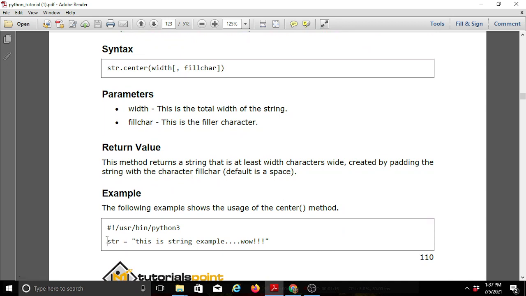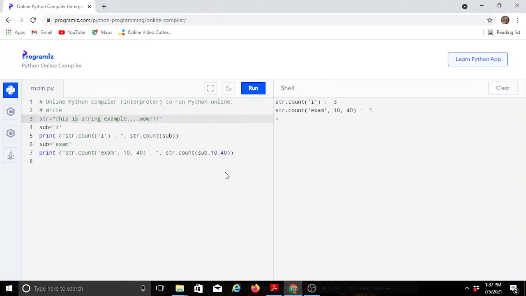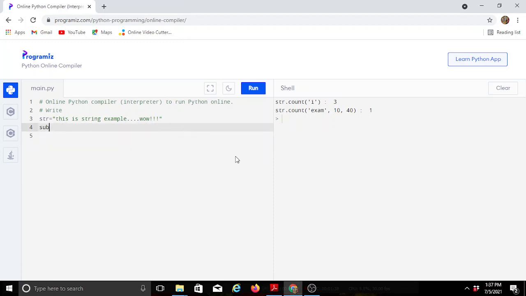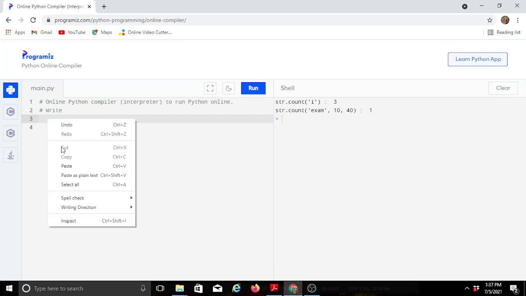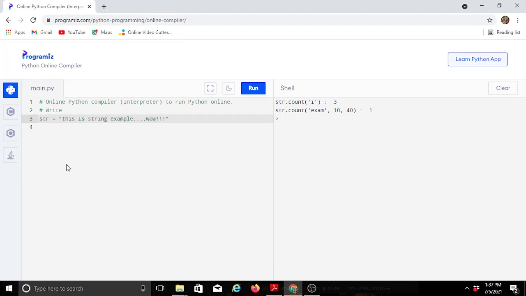So this is the example. Consider these lines, which I have taken. Using the online editor, I am printing this onto the output screen. Here the Python files are saved as python.py, since .py is the extension for all Python files. As soon as the program is executed, you can get the output.